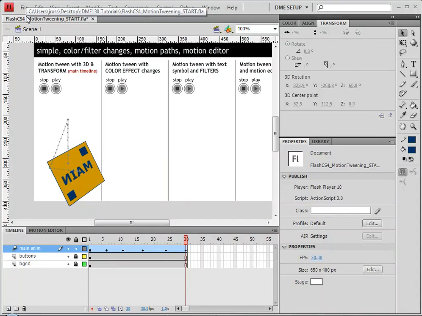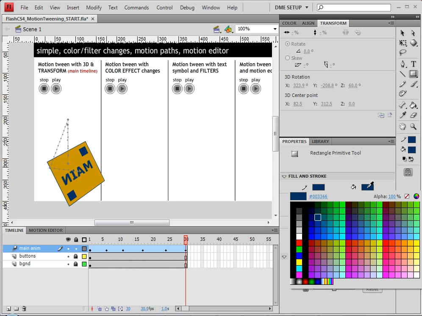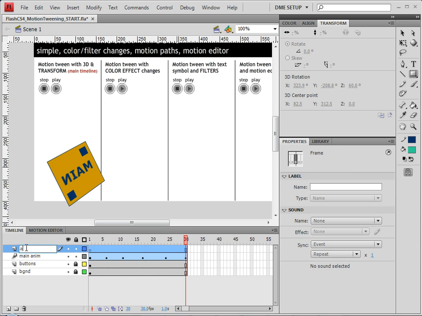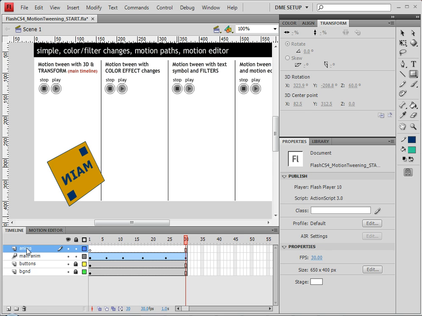In this next part, we're going to do a motion tween with a color effect change. Let's begin by creating a new rectangle, and I might go ahead and change it to something that's obviously different than the other one. And I need to create a new layer for this as well. So I'm going to create a new layer, and this time I'm going to be creating my other three animations in their own timelines and not on the main layer. So that's very important. So I can call this anims, because that will have all three other animations on that